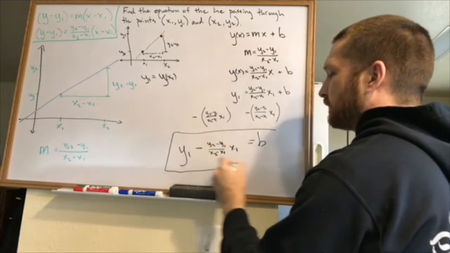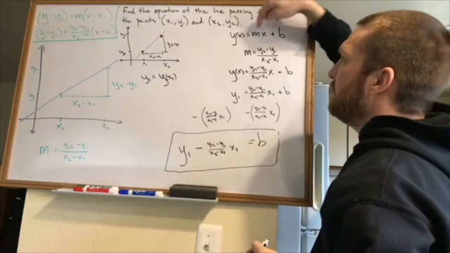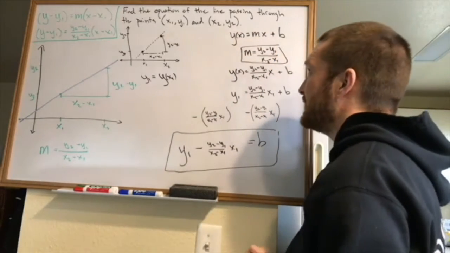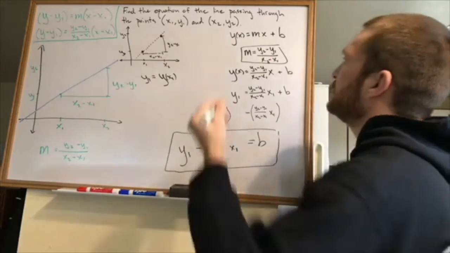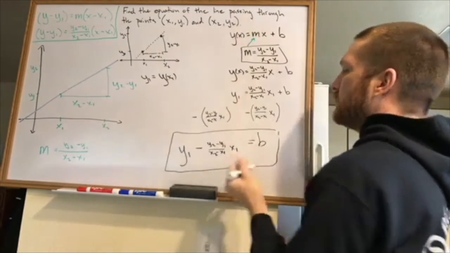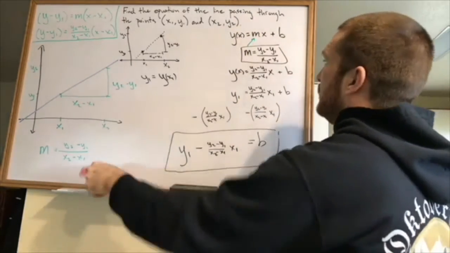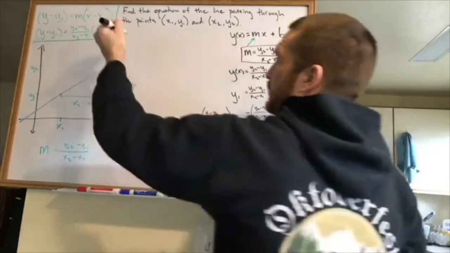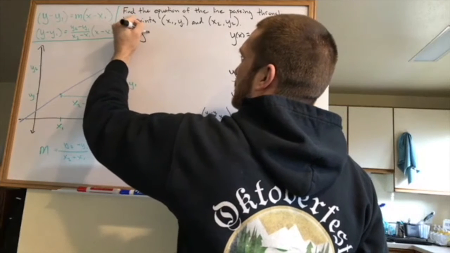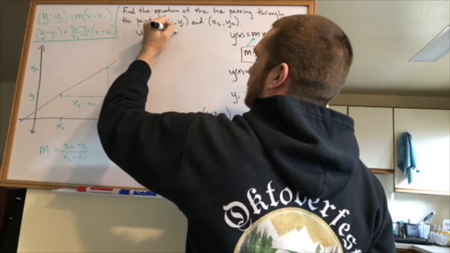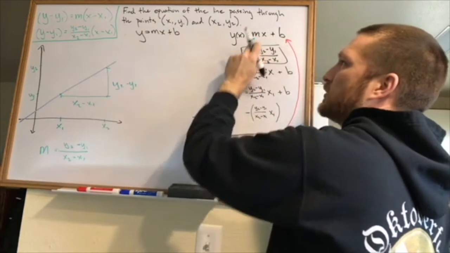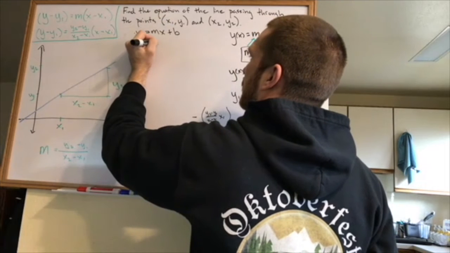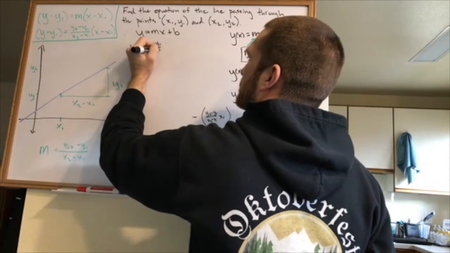Now, what was my goal? I needed two numbers. I needed M, which I have. I needed B, which I have. So now I'm going to take that and plug them into this original equation, and let's see what we get. I'm going to plug in M into there. I'm going to plug in B into here. So the thing I wanted, the equation of the line, is y equals mx plus b. We know that m equals that. So let's plug it in, and we'll rewrite this as y equals y2 minus y1 over x2 minus x1